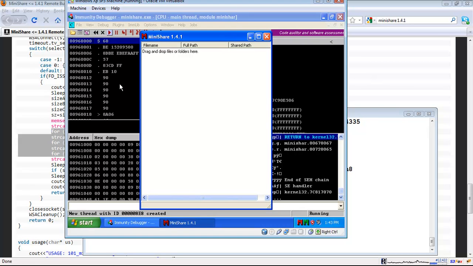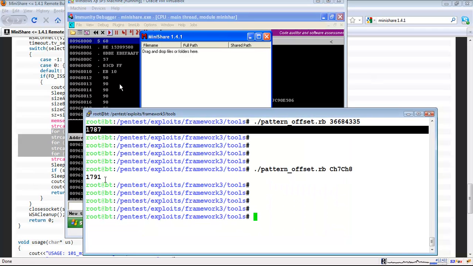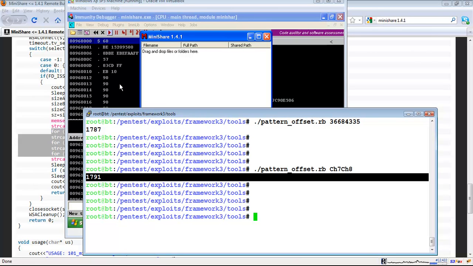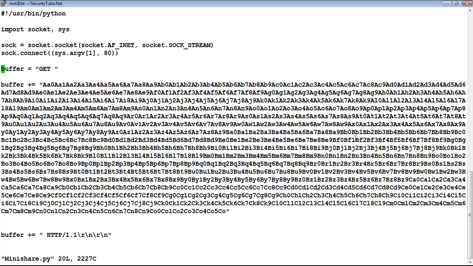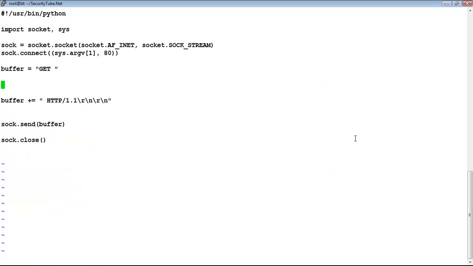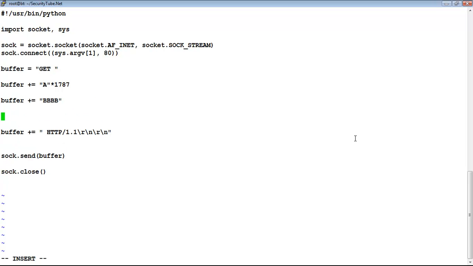It's up and running. Now basically return is overwritten after 1787 and ESP 1791. So let's go back to our little program here, and what we need is, let's just remove this line, and first let's fill up the first 1787 bytes with absolute garbage. Then we fill up the next 4 bytes with 4 Bs. This is where we overwrite the return address, and now if our calculation is correct, we will be overwriting the